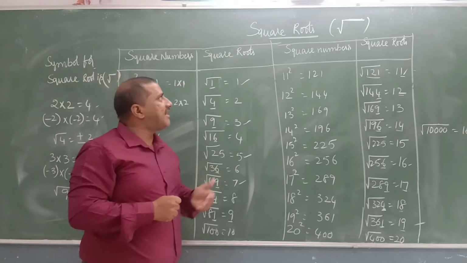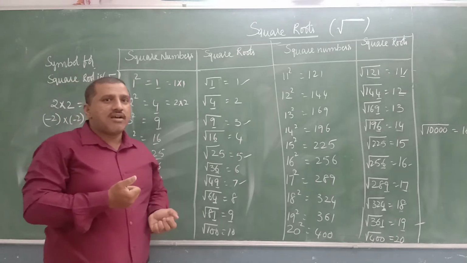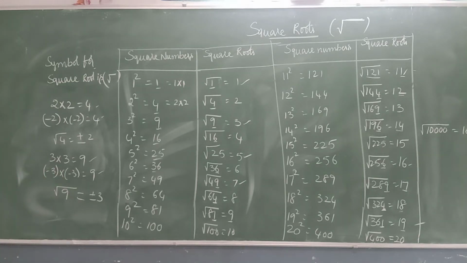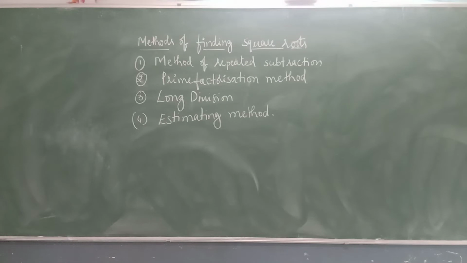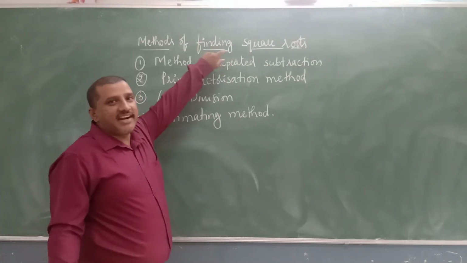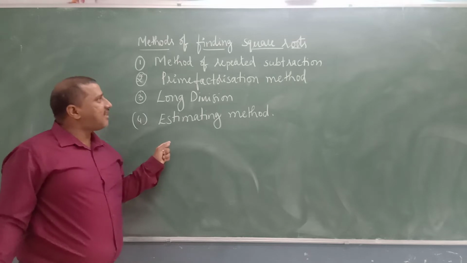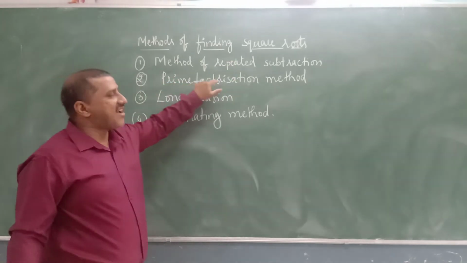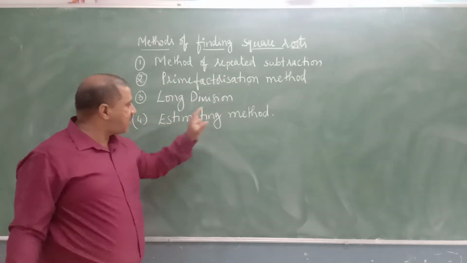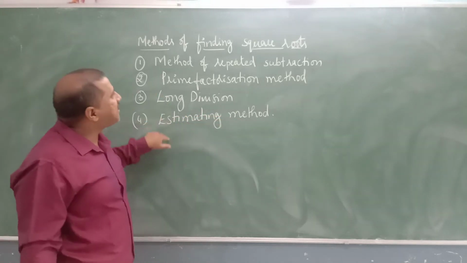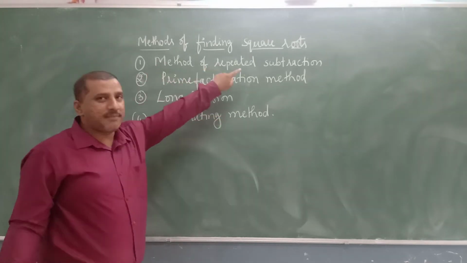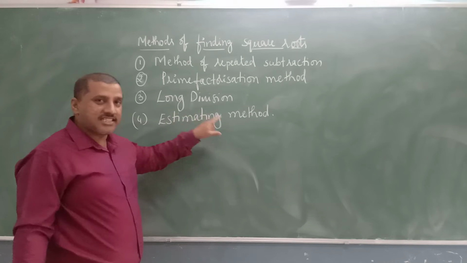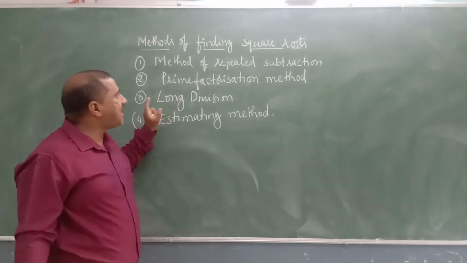Next we will discuss how to find square roots of the given perfect square numbers. Now, methods of finding the square roots. Here we will discuss a few methods: method of repeated subtraction, prime factorization method, long division method, and estimating method. Now we will discuss in detail the method